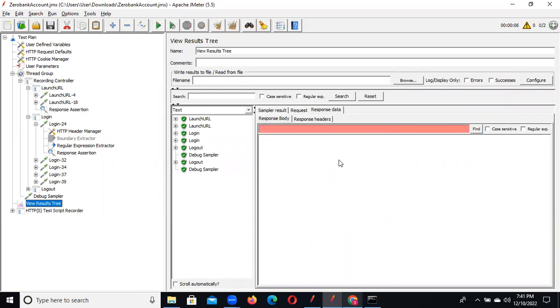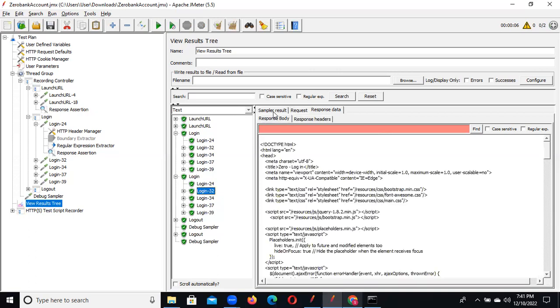See, now you can observe login is a success, because if you go here and click on this, you can go to the login page and you can